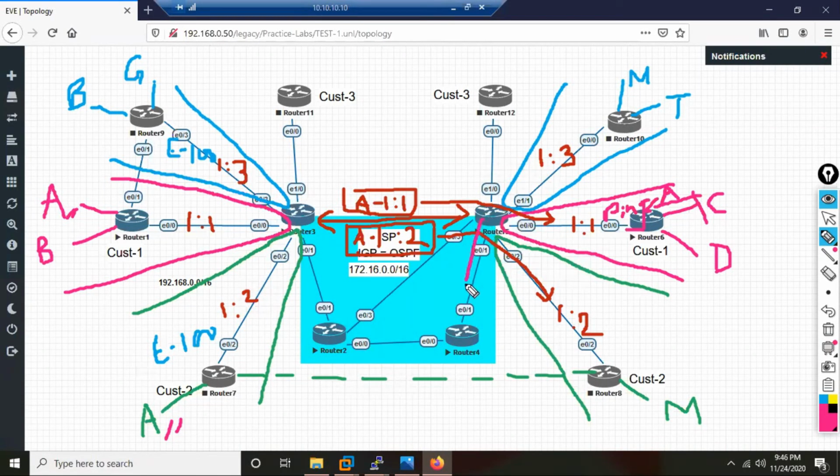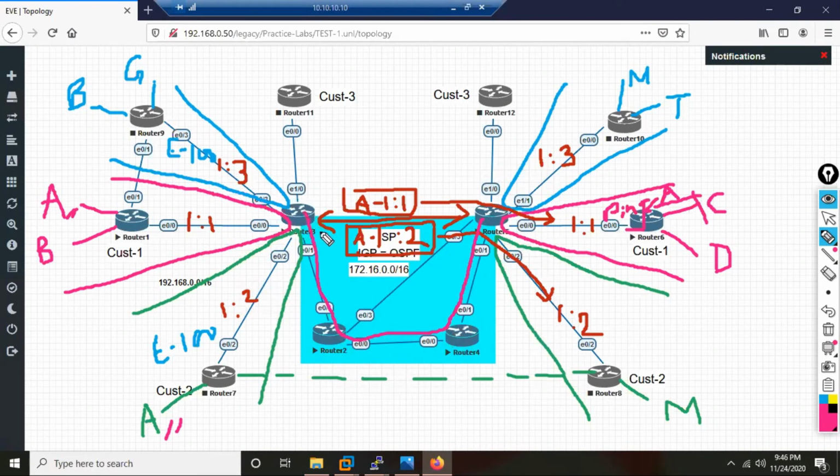The ping ultimately physically will come here like this. And first of all, R4 and R2, they don't know about A, B, C, D. Why? Because they are not running BGP. They are running only OSPF. So they have only their internal routes, but they have what? Unique labels. Because of the label, they don't see the inside IP address. Because if they see the inside IP address, then the packet will get dropped because they don't know where A and B are. So all these private IP addresses, they are not aware of the customer routes. Still the traffic lands on R3.